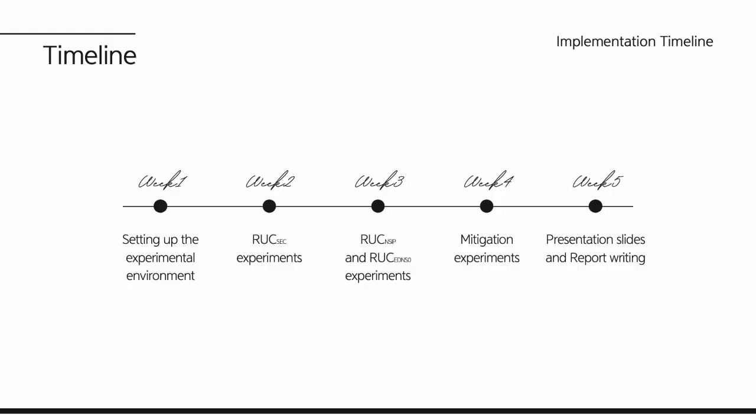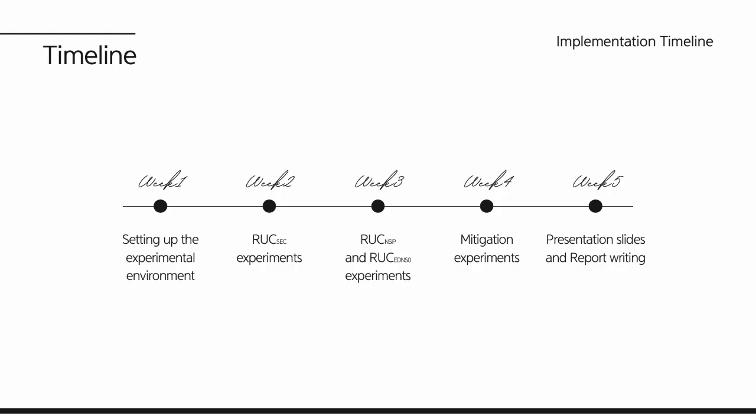experiments. In week 2, we will start running our baseline and RUC-SEC experiments. Here, our goal is to verify that the basic DNSSEC validation process works correctly, and then reproduce the RUC-SEC attack where forged DNSKEY or DS records are injected into the resolver cache. This establishes the foundation for the more advanced attack scenarios that follow.